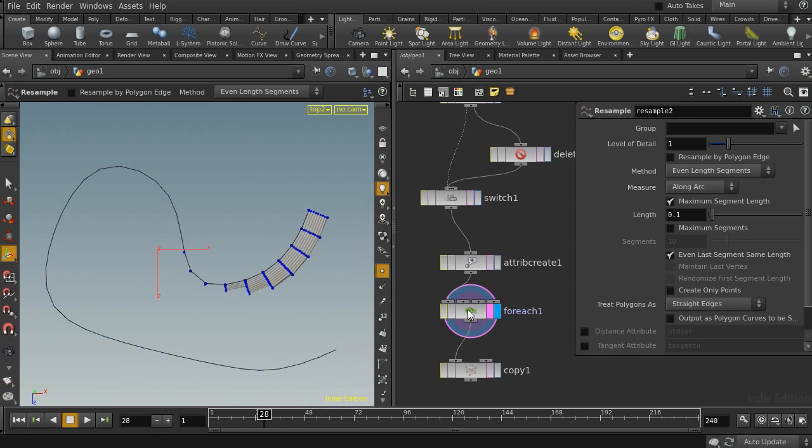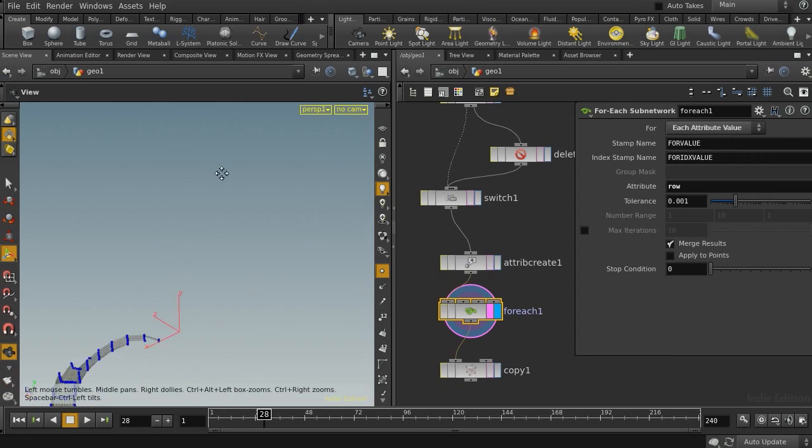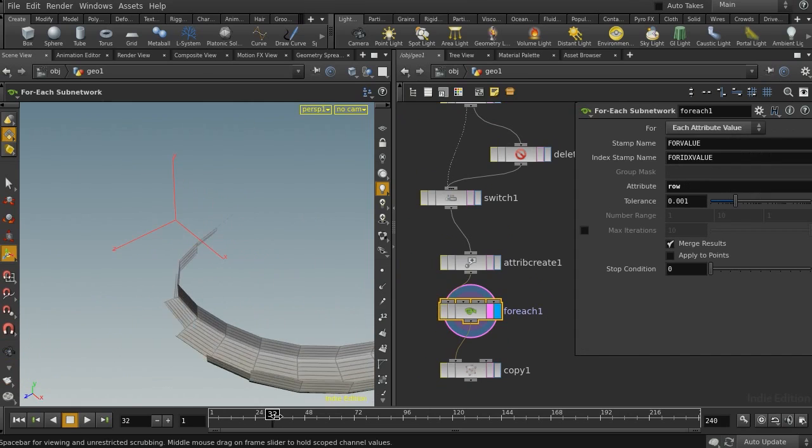Okay, let's see here the effect. As you can see here, it perfectly works for one side of the curve,